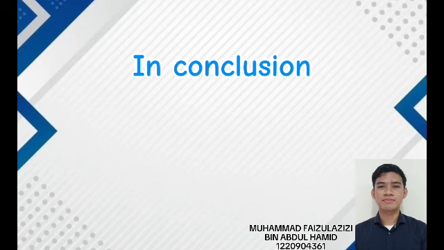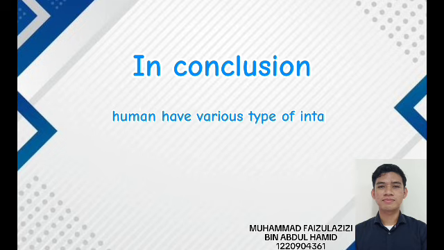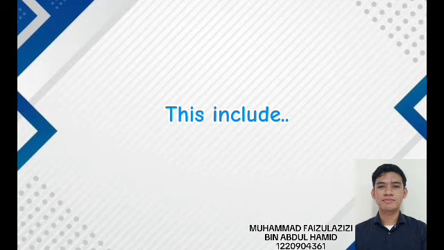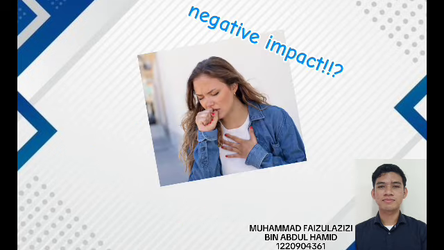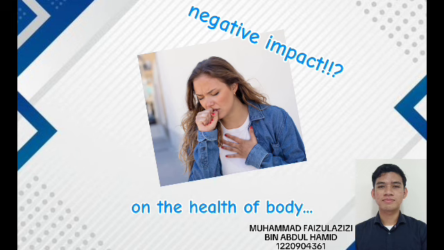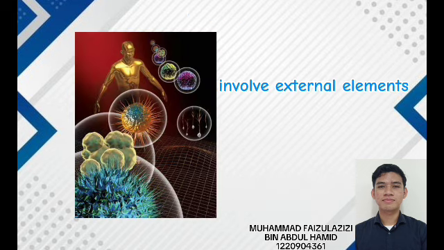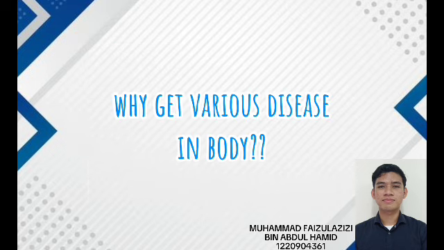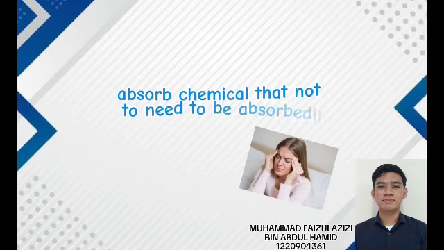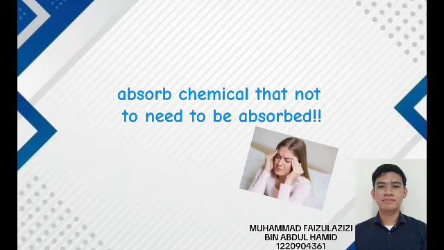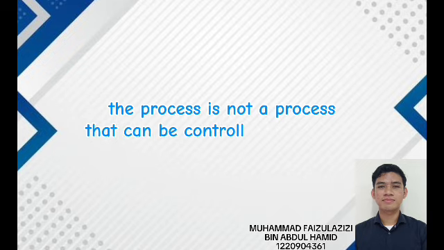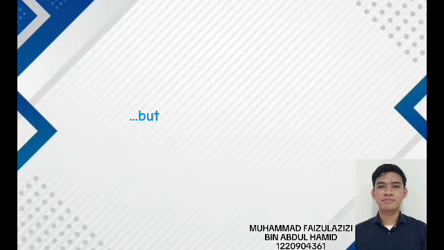In conclusion, humans have various types of intake and absorption processes that occur in body parts. These include through the skin and the nose. The process can also have a negative impact on the health of the body if it involves external elements such as chemicals. This causes various diseases in the body because it absorbs chemicals that should not be absorbed. Even so, the process cannot be controlled by humans but can still be avoided